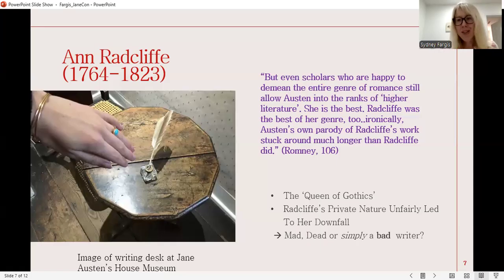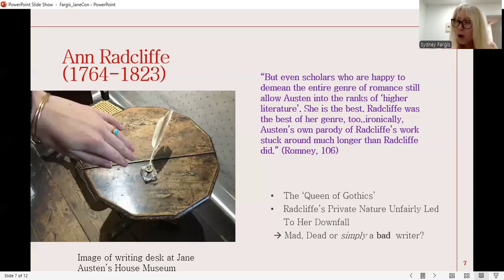She disliked attention, and she really had gotten into Gothic writing literally to pass the time, while her husband, who was a parliamentary reporter, was off working, trying to establish himself. She had grown up with this rich education in art history and architectural history, and she kind of put those two together to help inspire her writing.